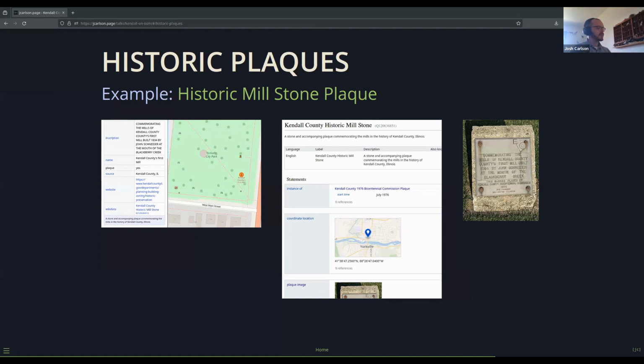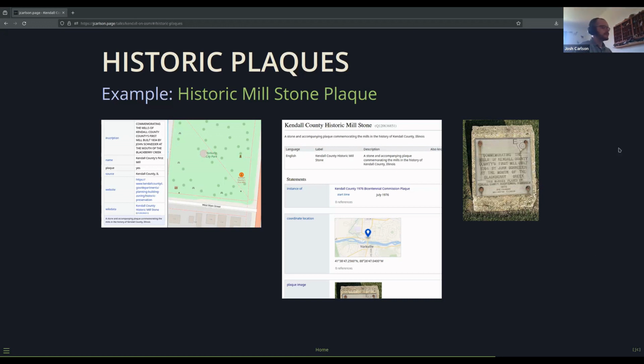And if we find the other plaques, we'll know how to add those. And if we encounter plaques that aren't part of that set of bicentennial things from '76, we can add those a different way. But that was a nice way to capture this item of public and historic interest, but put it somewhere where anyone can get at it instead of just making another points layer internally.